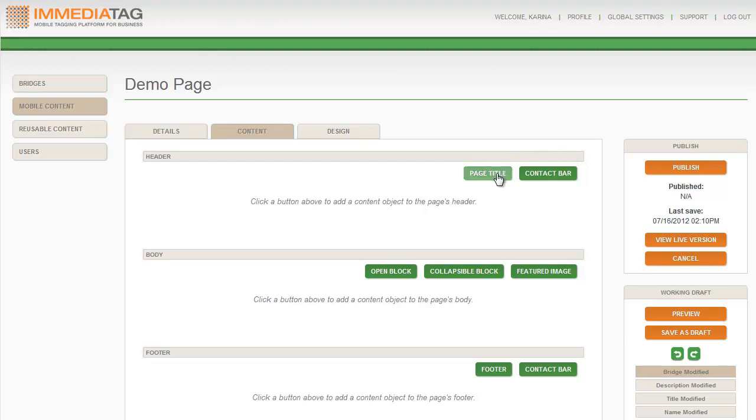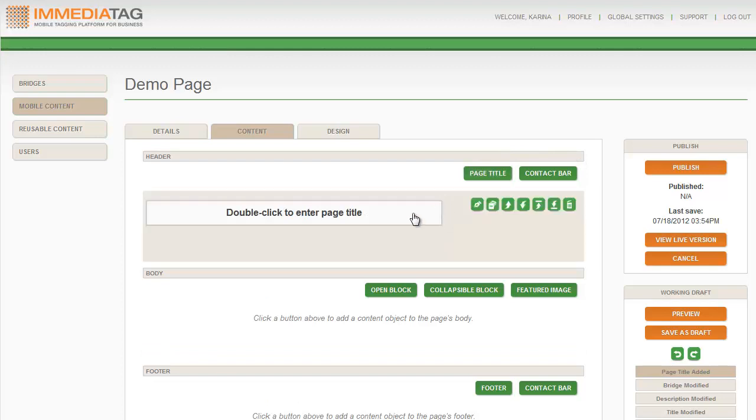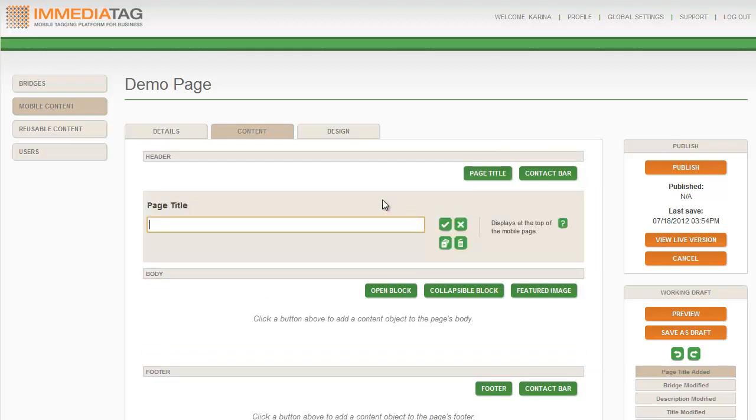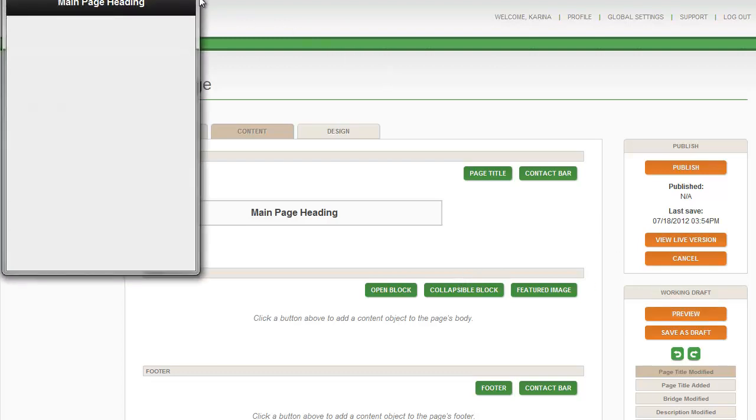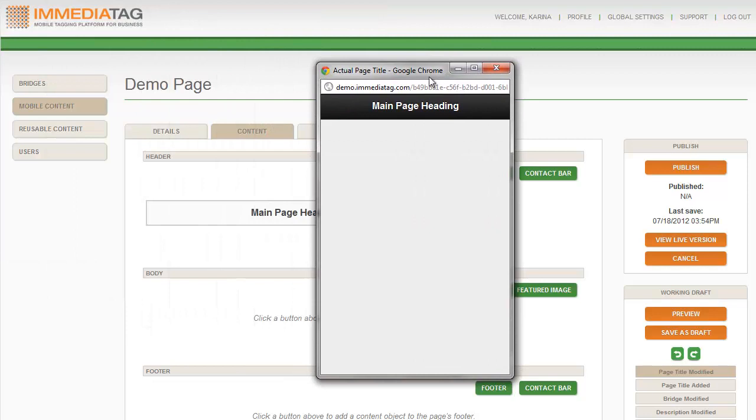To start, I'll add a page title by clicking the button and then double-clicking to open it. A page title is a main heading or title that appears at the top of your mobile landing page. After I've entered it, I'll save, and now it's shown on the stage in near true display, or an approximation of what it will look like. I can also preview, and in the preview window, I can see what it will look like on somebody's mobile